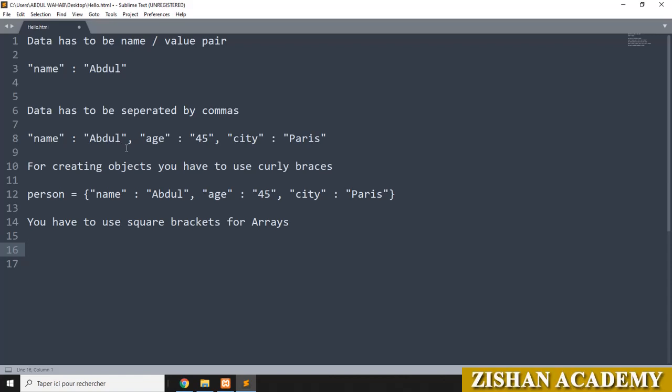You can go for a square bracket to open and close, double quotes. You can give the names here. You have to separate by comma, and you can give some other name here. This is the arrays.